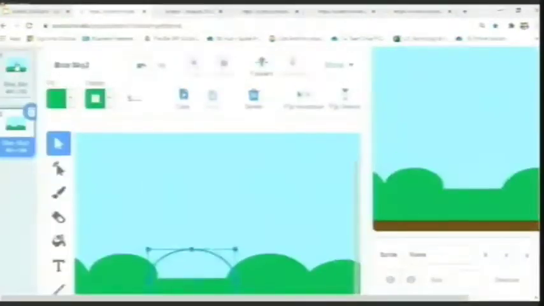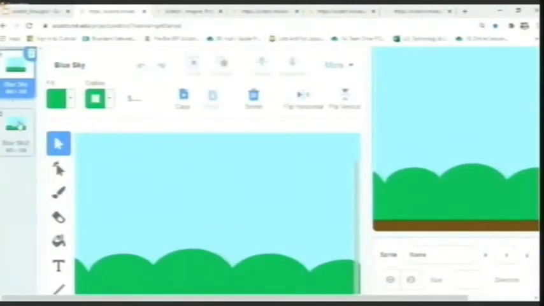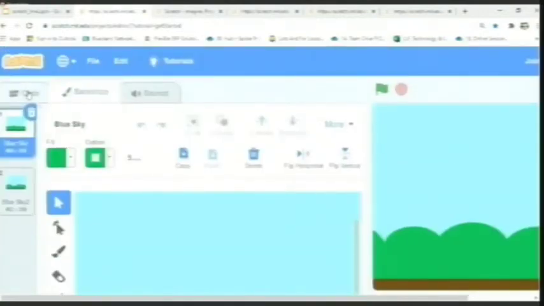There is the slightest difference between this image and this image, if you can see. If I constantly flip between these two screens, it looks like it has been animated, or it looks like the picture is in motion. That is precisely the idea of creating two different costumes and making them different. Now, once this is done, I would like to scroll up and go back to the code area.